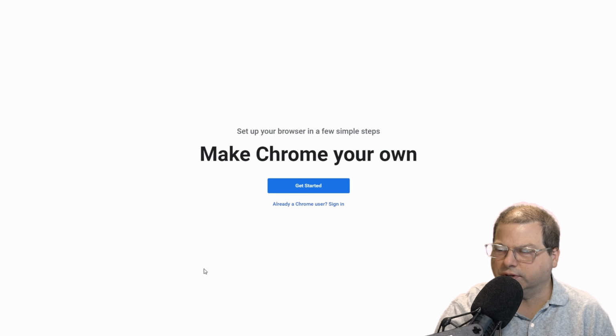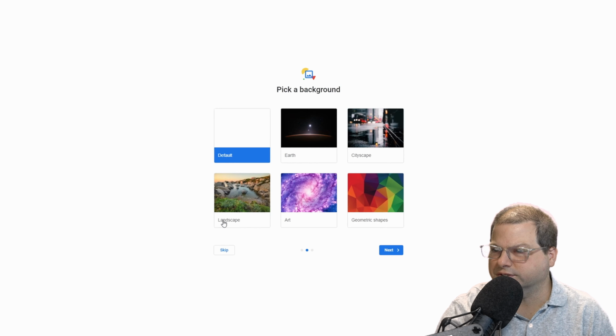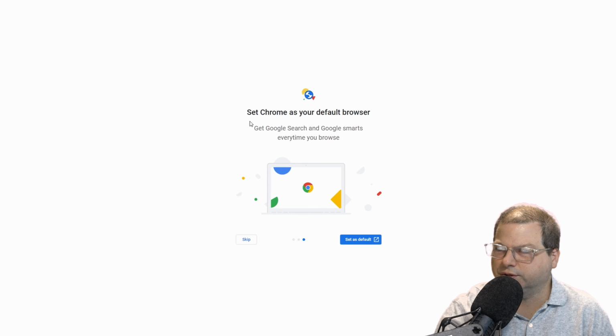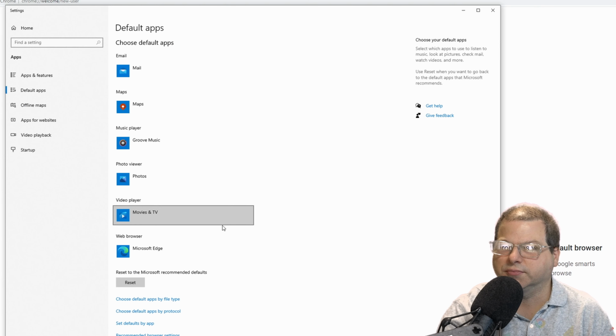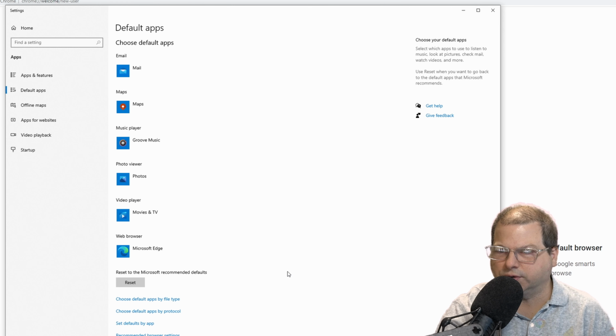So now I'm going to go through a little bit of the getting started wizard here. I'm going to skip through this. I'm going to skip through that. Once I get to the page about setting Chrome as my default, that is something I do want to do. So I'll click this little button to allow me to do that. It's not going to set Chrome to the